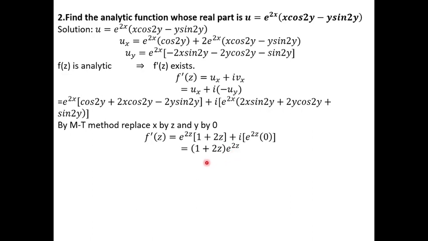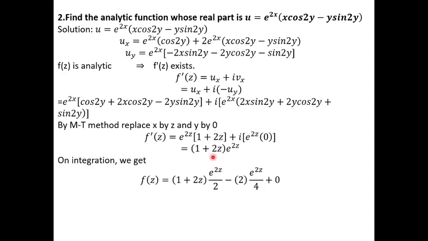How to apply the integration? Here we have the UV rule, therefore we are applying the by parts rule, that is Bernoulli's rule. The integration of f'(z) is f(z) equal to, this is the first function, this is the second function. So apply the result of the by parts rule: first function, integration of second, and alternate signs. Differentiation of first function, again integration of this function. See here, 1 plus 2z is the first function, write as it is. Integration of e power 2z is e power 2z whole divided by 2, minus,